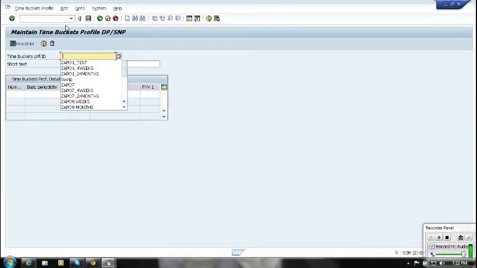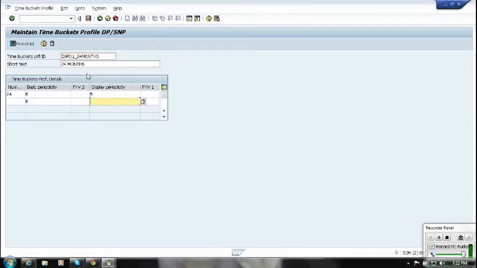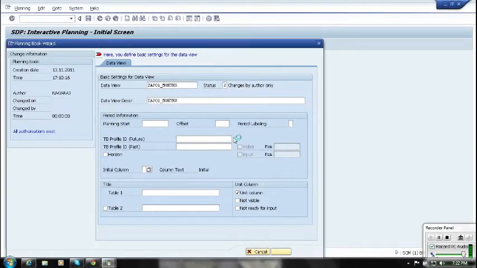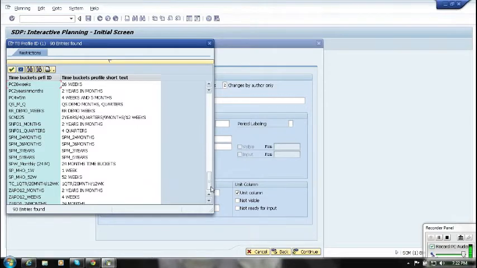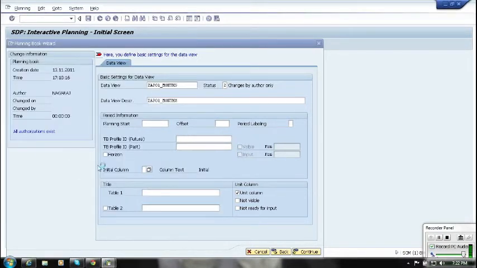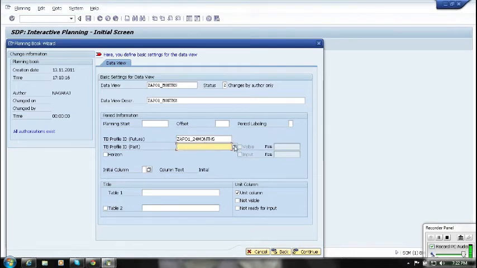In the TR30, we have created a ZAPO1 24 months. The same entry we are giving here. ZAPO1 24 months. And for the past also I will take 24 months.